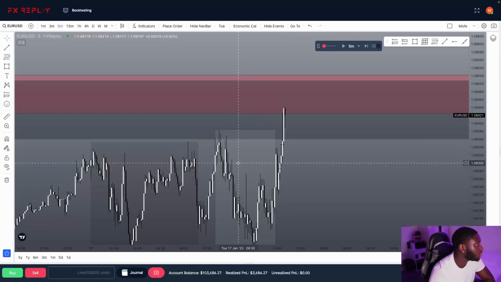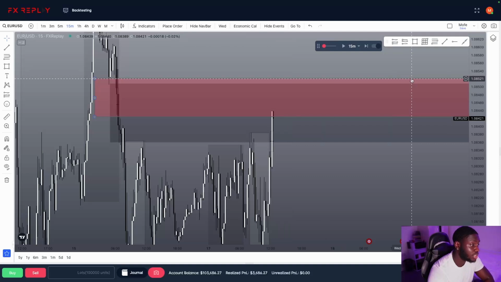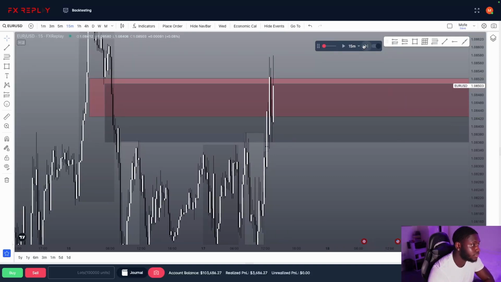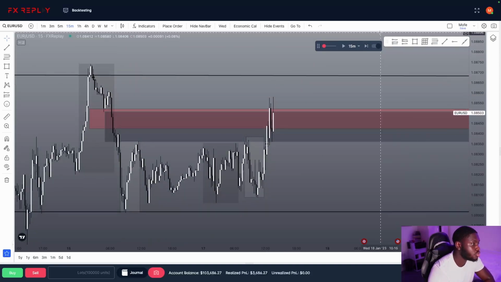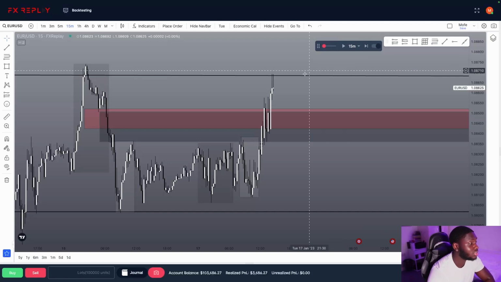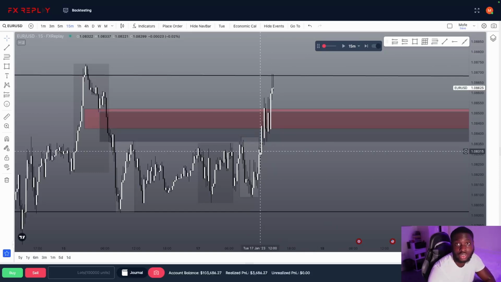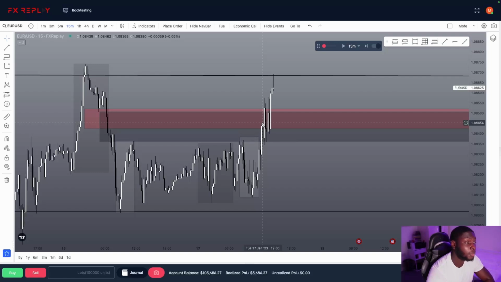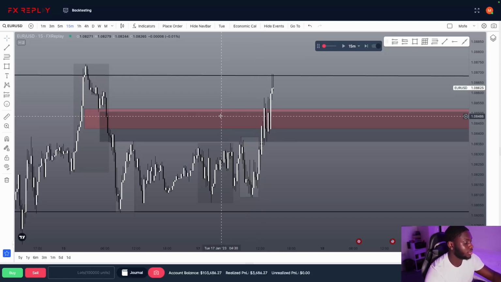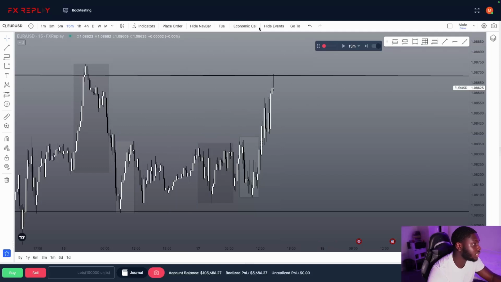But yeah, let's see what price actually did once we touch this fair value gap overlap. Because it could burst through it or we could see a reversal. Okay, price shot through it. I believe so. Oh, so, I mean, I could have held the trade longer, but I felt like price was going to reverse here and I was wrong. You have to get comfortable with being wrong with your analysis because it's going to happen. You can't avoid it. But yeah, let's not waste any more time on this day. Go to the next day.